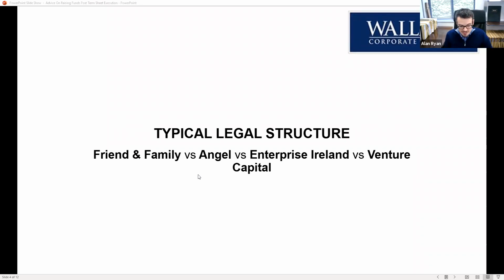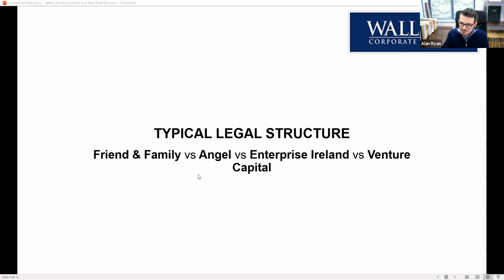Onto VC investments. Again, same fundamentals apply. There will be a more detailed term sheet and more negotiation on the term sheet as part of that process. The term sheet itself, again, would be non-binding, save for cost, exclusivity and governing law. Typically speaking, VCs will have a very well settled term sheet framework within which they're willing to negotiate. And as such, that trickles then into the structure of the legals, depending on whether they're investing by way of shares, share subscription, or loan note subscription. They will have a very well settled process and step it out and give clarity to each of their investee